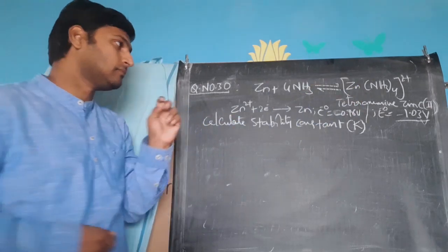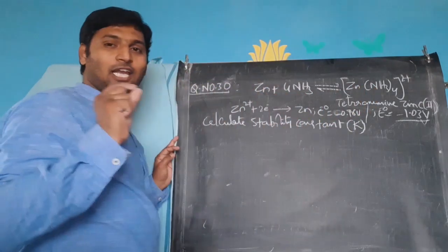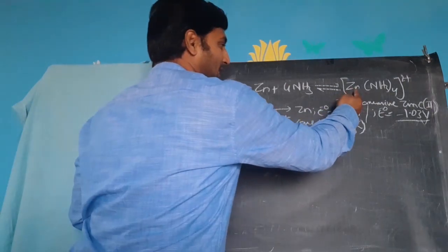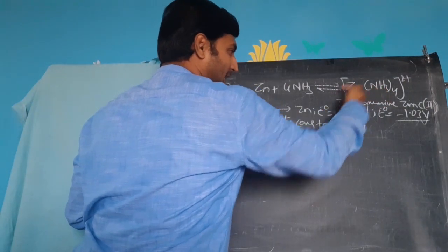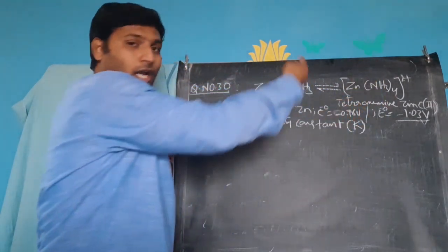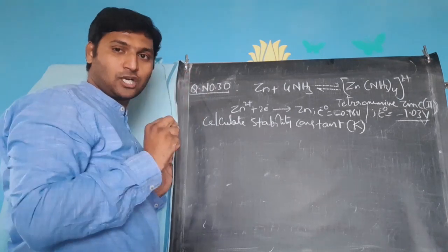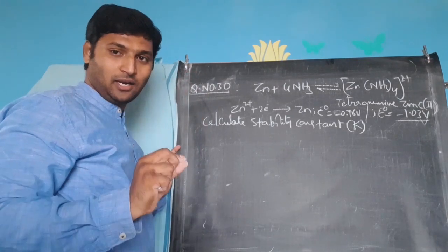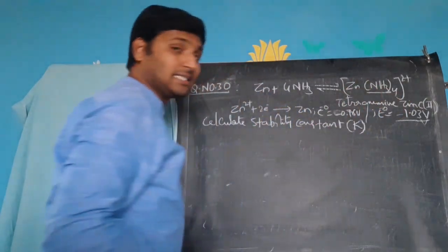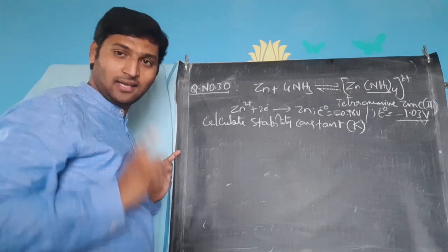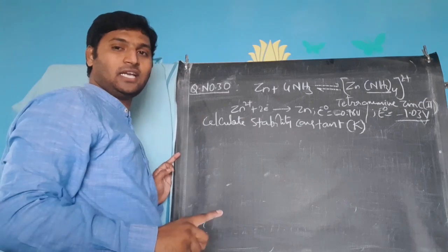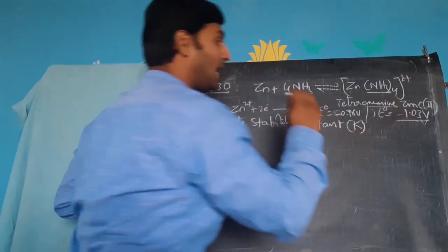It's simple. See, ammonia is a neutral compound, you know very well. In coordination chemistry, the central metal is taking a pair of electrons from groups like anions or neutral molecules which have lone pairs of electrons and forming a coordinate covalent bond. The one who is supplying electrons to form a coordinate covalent bond is called a ligand. What do you call it? Ligand. Here ammonia is the ligand, and in coordination chemistry the ammonia ligand is named as amine.